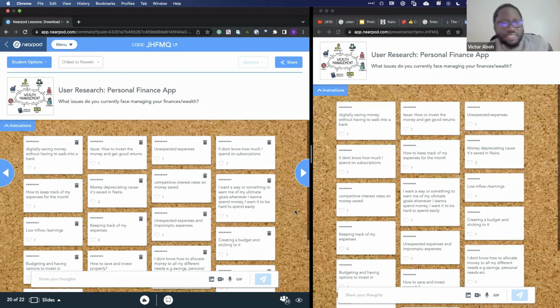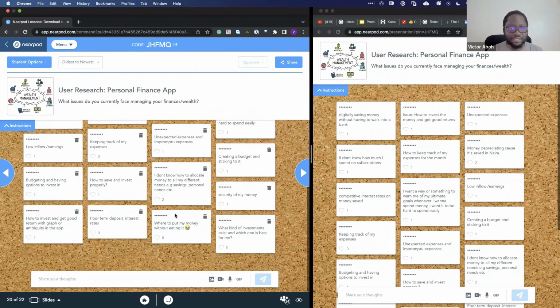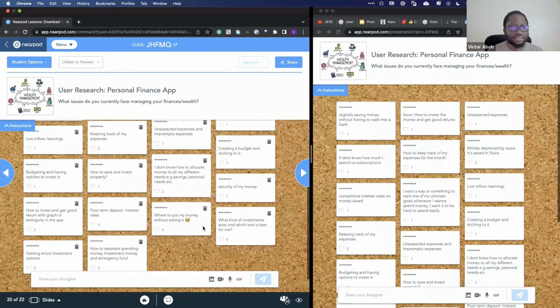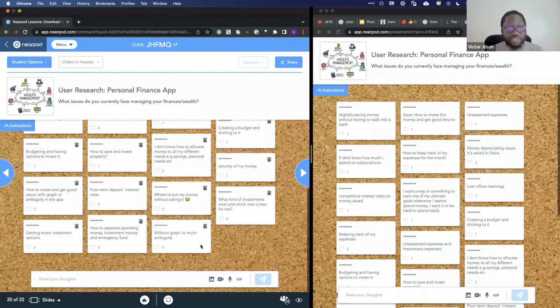So I think I'm seeing a bit of trends, right? One trend is around education, right? So we have one trend around education. I'm seeing a trend around budgeting, handling unexpected expenses. Yeah, micro investment options. These are really good. So you see that